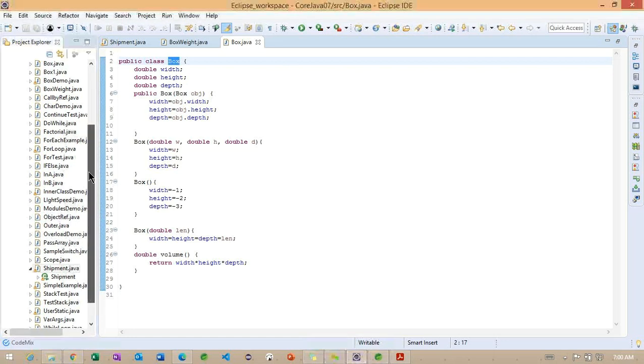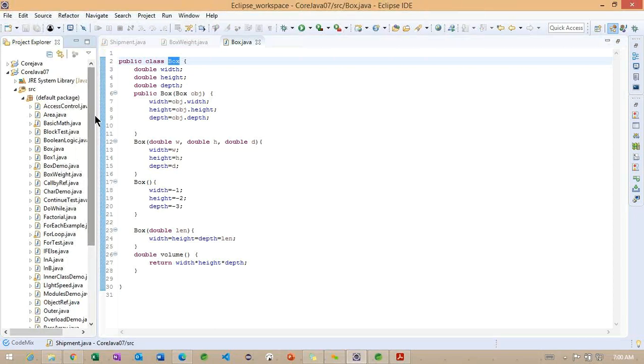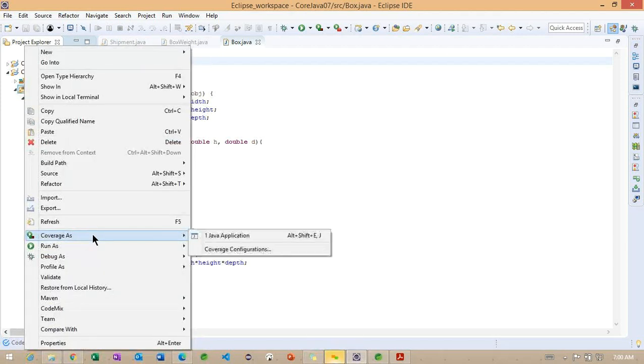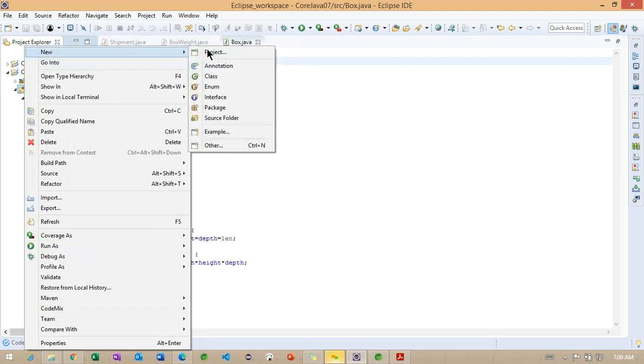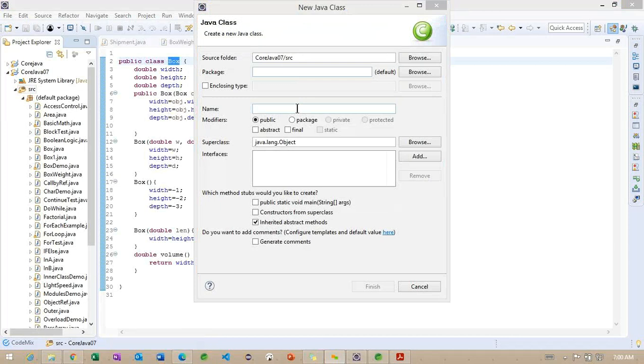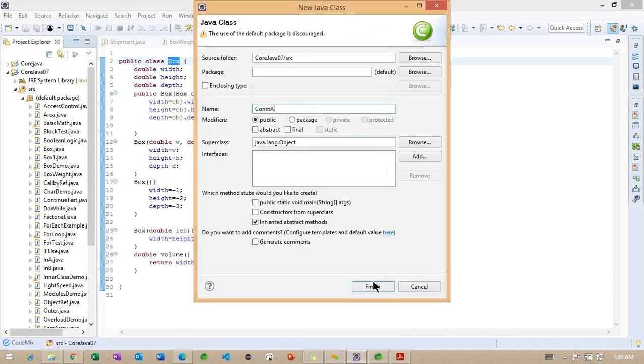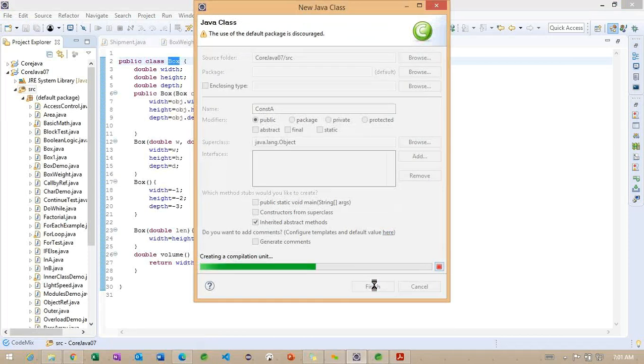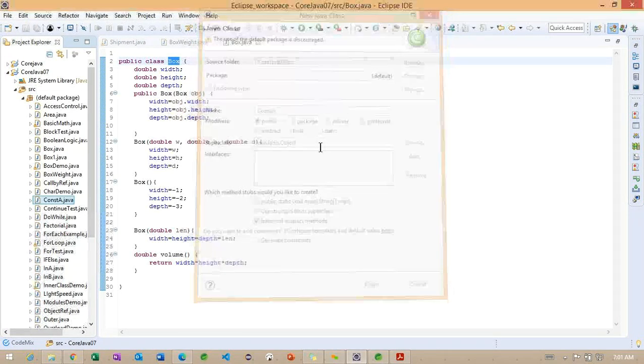Okay. Now, one more example I want to show you: how exactly the constructors are called internally. To work on constructor calling, we'll create a class called ConstructorA.